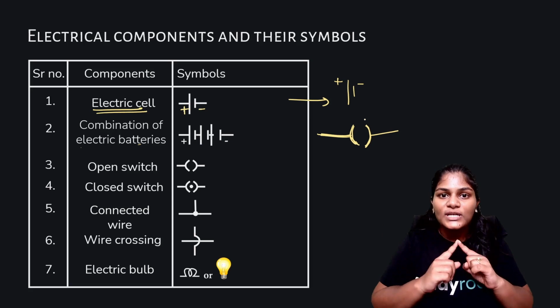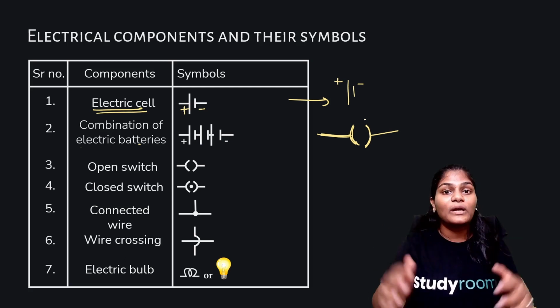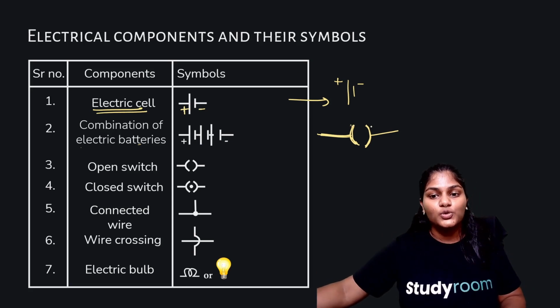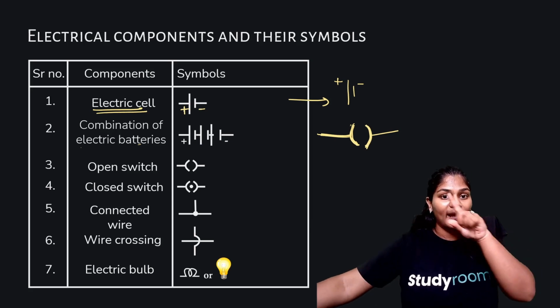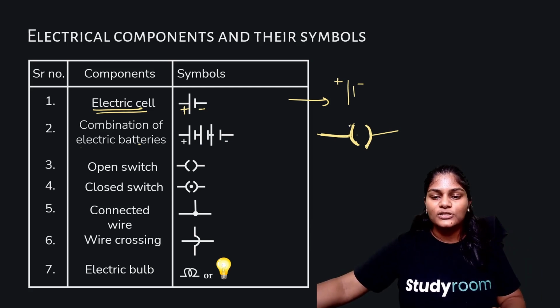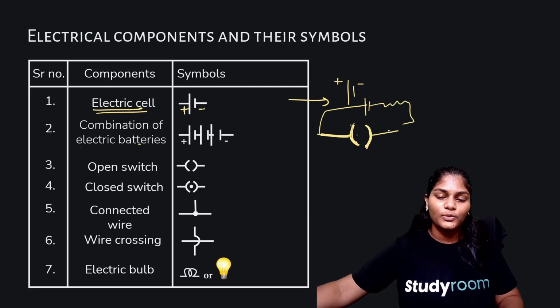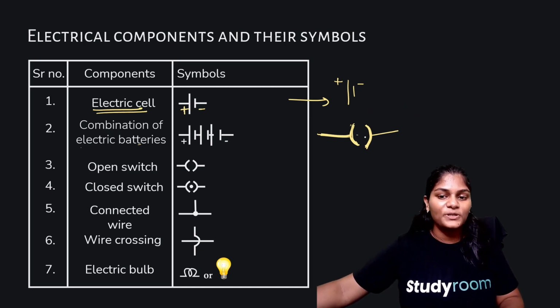So is the circuit closed and continuous? It's not. So will current flow? It won't. It would become an open circuit. So this is how we represent an open switch. The representation of the switch is like this. It's like the brackets and these are the wires. So there could be a battery connected to this and a resistor. Other things can be connected to it, but what you need to know is how we represent a switch. This is an open switch.